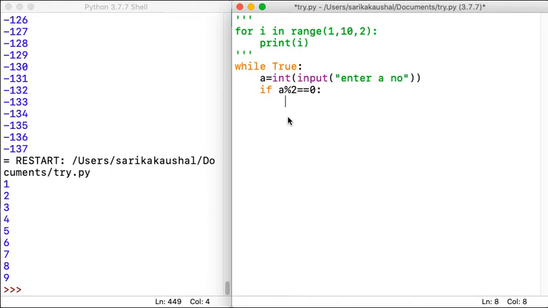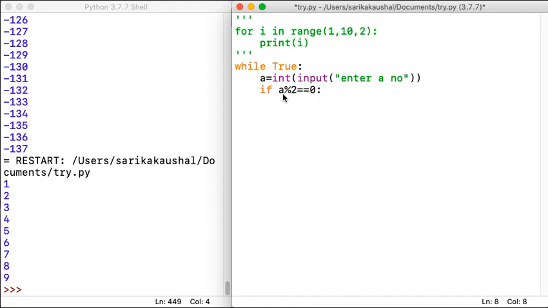Now children, you must be wondering why I always keep taking the example of even and odd, because I feel that the examples can be done by you. I'm showing you the examples from time to time. What is right now important is the concept. The concept has to be clear, the syntax has to be clear.